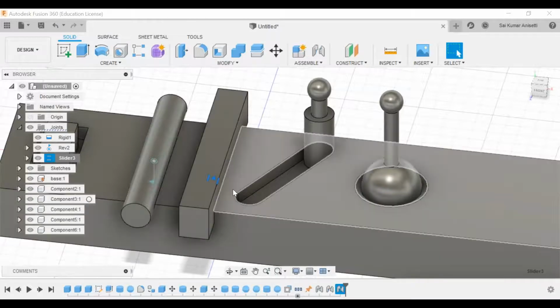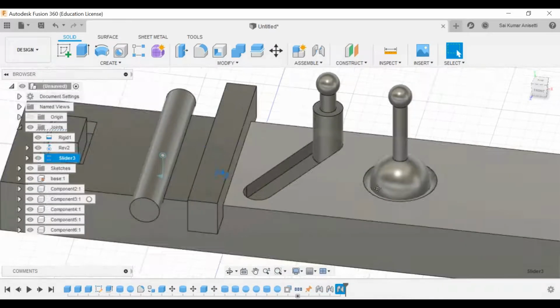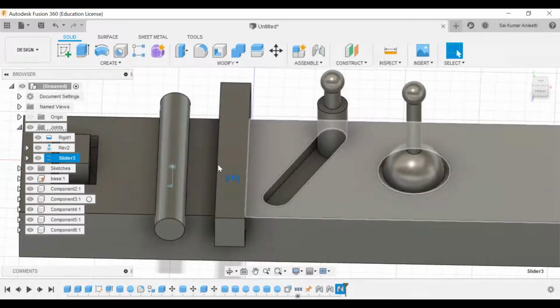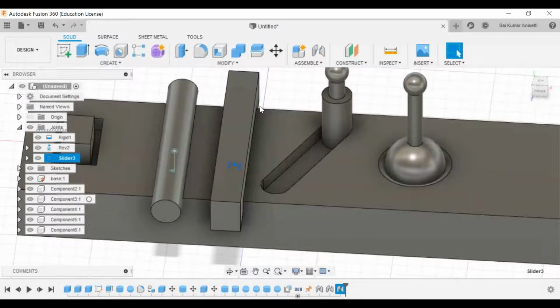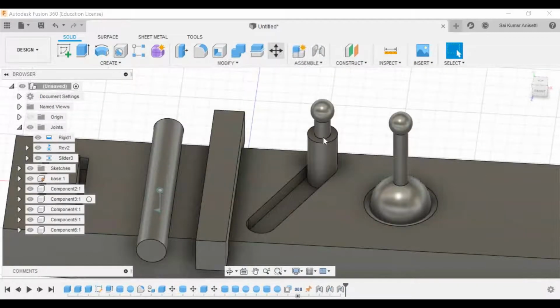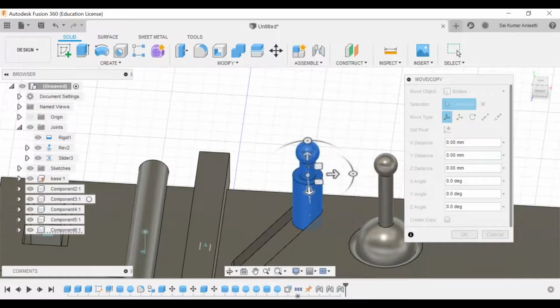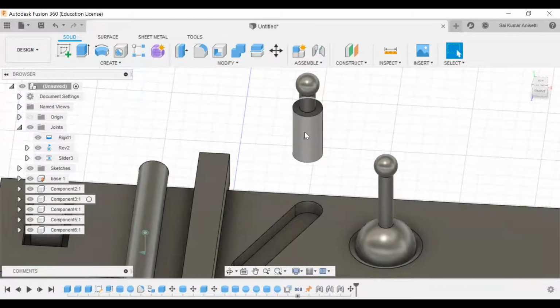For timing, I'm just going with similar points. You can select any given point. If I select the center point, I can give either direction. I can go 30 over there, 10 here, 10 here. In that way you can animate your object. Now this is your slider motion, and let me move this particular object over there. Click OK. This is only a simple movement. It is not constant, I can move it anywhere.